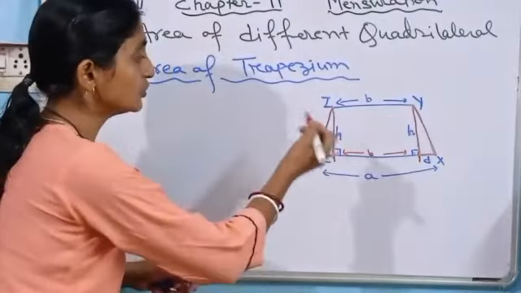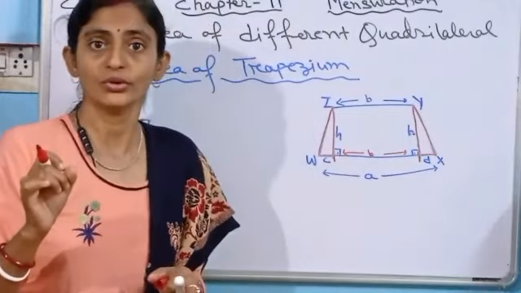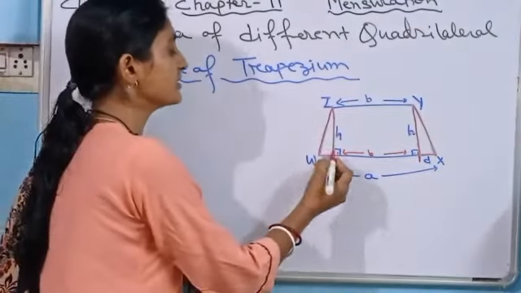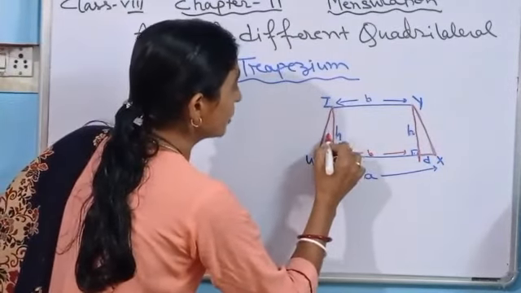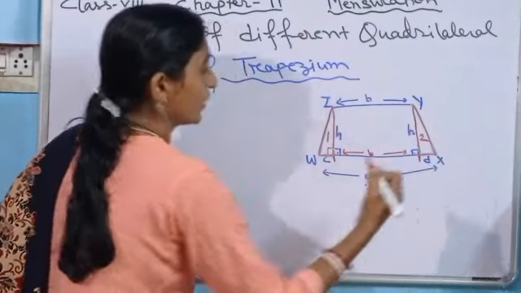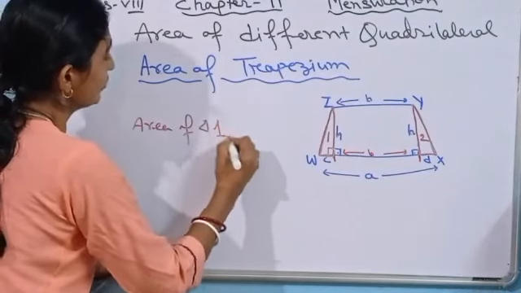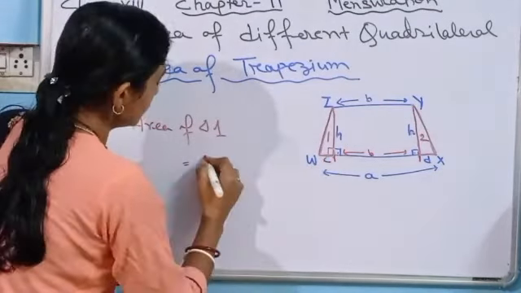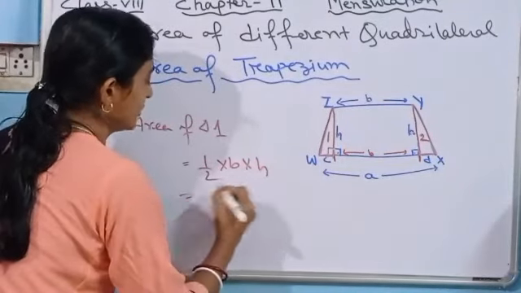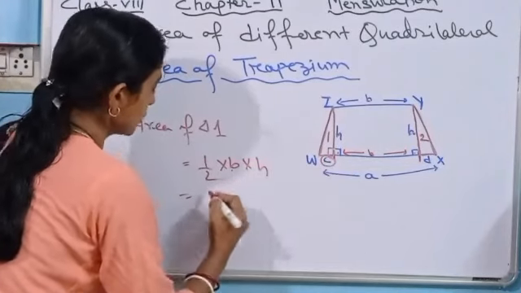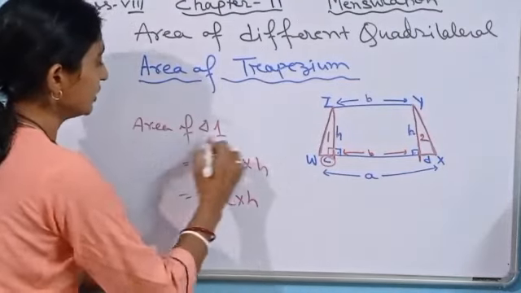So let's come to the total area, how I can write it. What is the area of a triangle? Already you have gone through this part. When it is a right angle triangle, what is the formula for the area of a triangle? Let me mark this one: this is triangle 1, this is triangle 2. Here I will write the area of triangle 1. Its base is C. Its formula was half into base into height. So the base here is C, so I will write half into C into H, as the height has been given as H. This is the area of triangle 1.